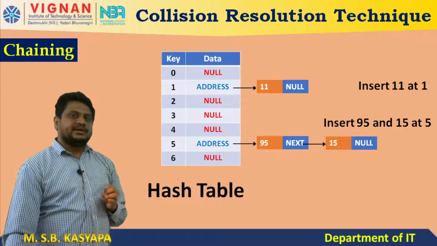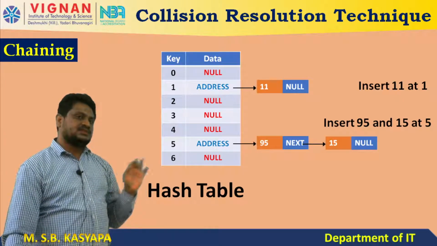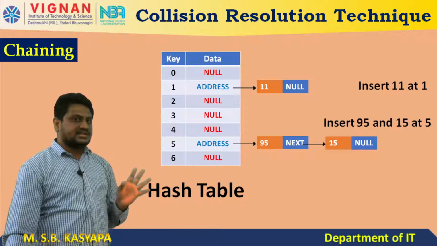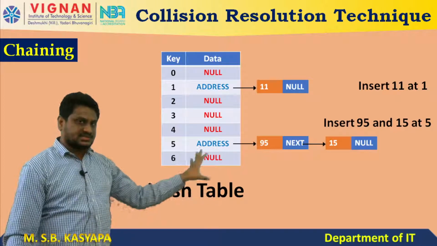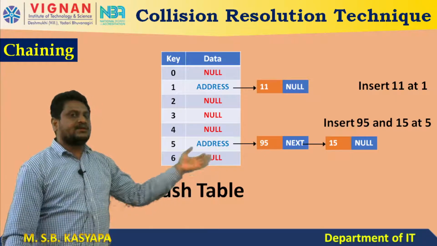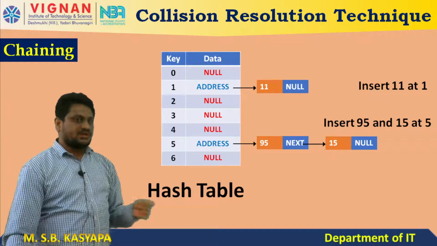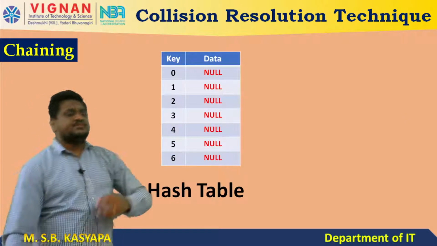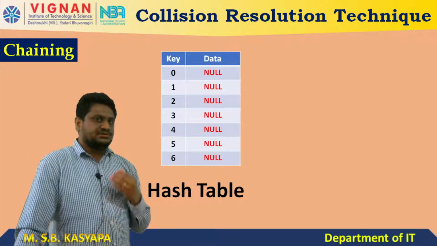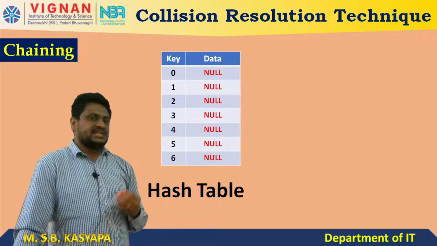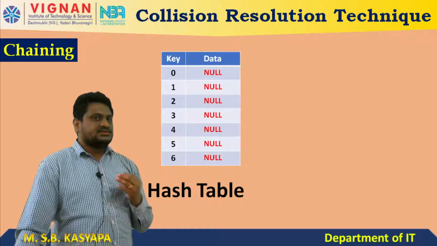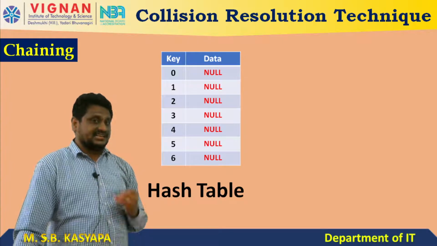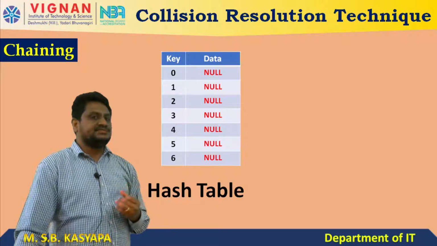So have I inserted the 3 values successfully? Yes, I have inserted. Okay. Now I have inserted 3 values. This is the diagram and this is the process or structure. Now I will insert these 3 values one by one. Let us see how it will happen. So before inserting a value into the hash table, first I need to find a key. Am I right? So to find a key, I need a hash function. I am taking the division method.